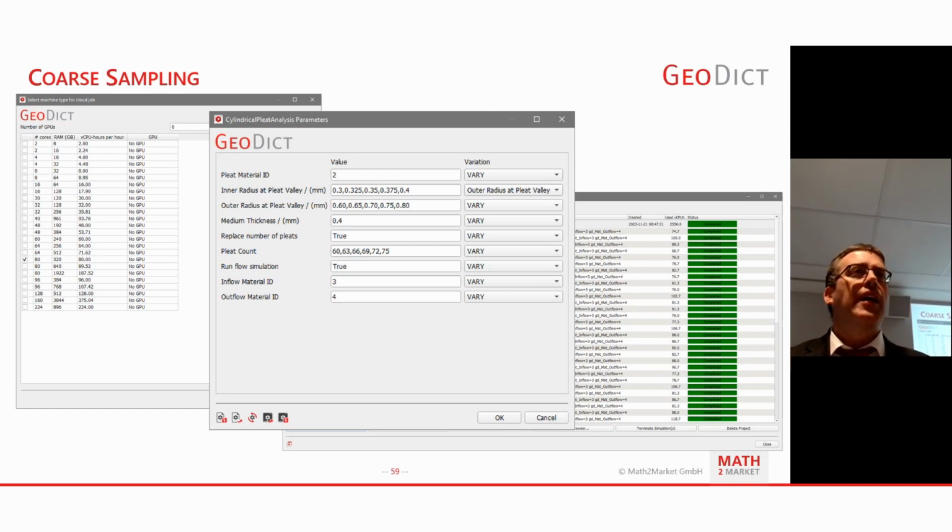Also some things, like I terminated one this morning. Every line here can be terminated. Then it would be red, because I would have terminated that. It could also be an error, for example if we have chosen too small a computer, like here, for example, a 4-core machine with 16 gigabyte RAM. Most likely the flow simulation won't be running there. So it will tell me after a couple of seconds that I should pick a larger machine. But here in this case, we can see that all 30 calculations have been finished.